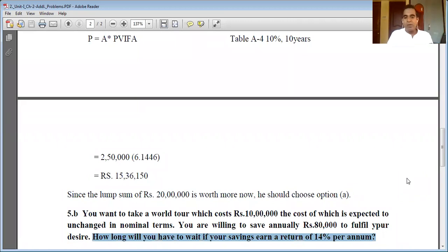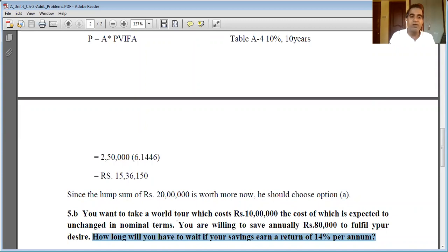See, that is what I have told, dear students. MBA syllabus is for managers of the corporate world, and what do managers do? They think and make decisions. That is why case studies are the predominant method of teaching in premier MBA institutes. At least in this subject, 70 to 80% of the problems you solve will have a decision-making criterion. You have to decide something, so you really need to think about it.